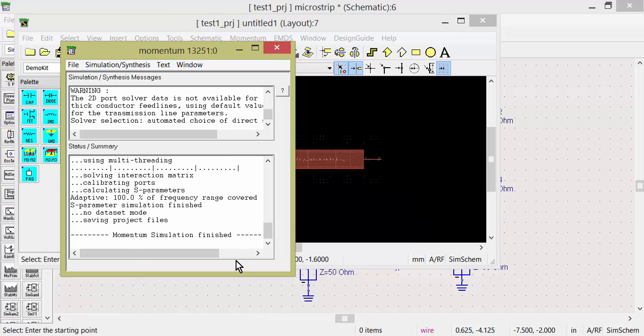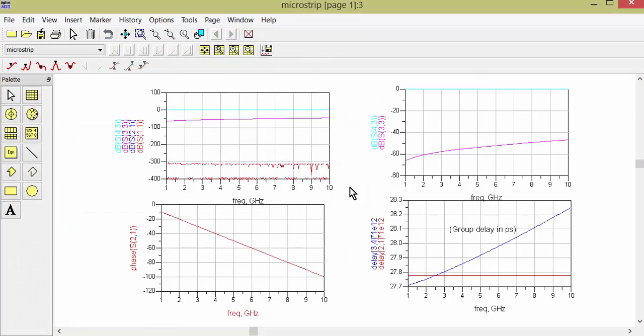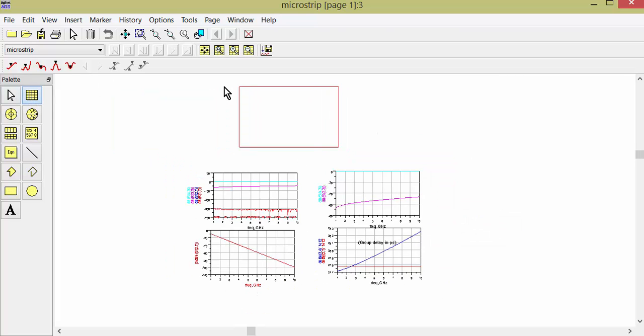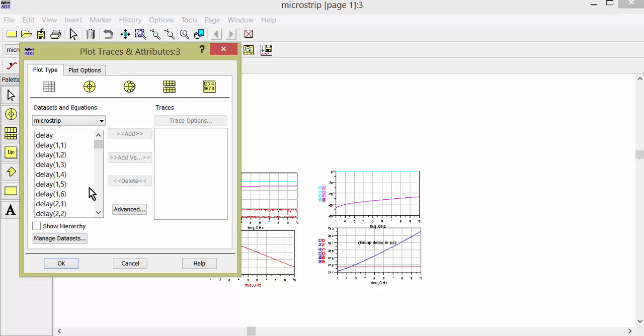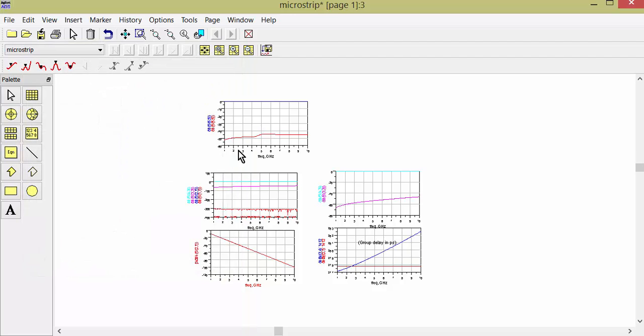Yes, it is below 40 dB after full wave simulation. From my experience, minus 40 dB you can get in measurement with a sensitive VNA. You can at least get minus 30 or 35 dB S11, and the loss is